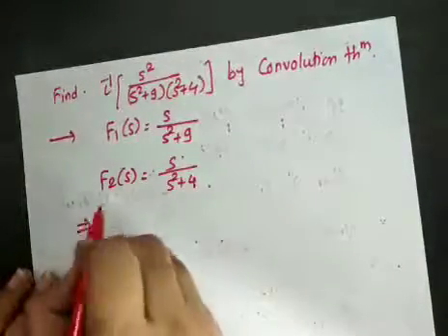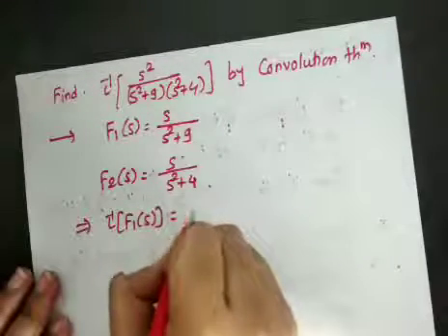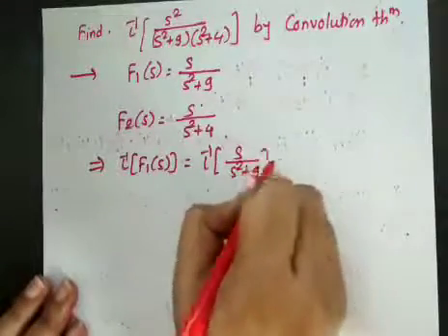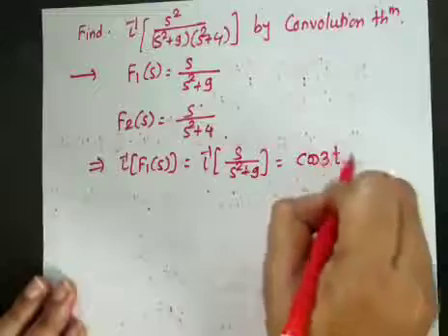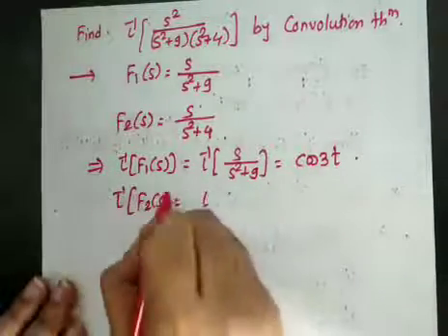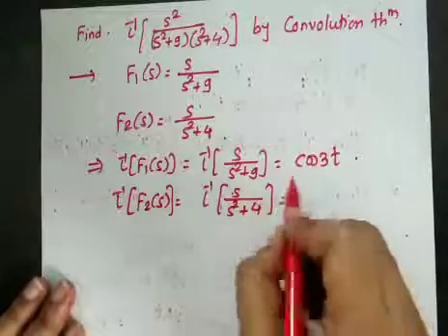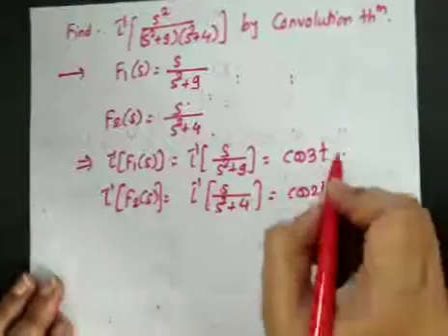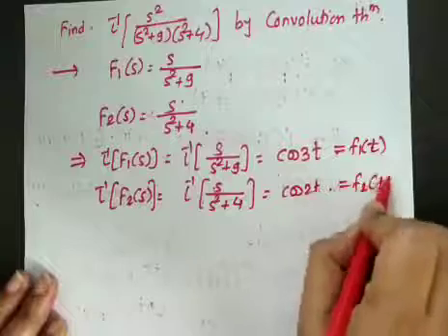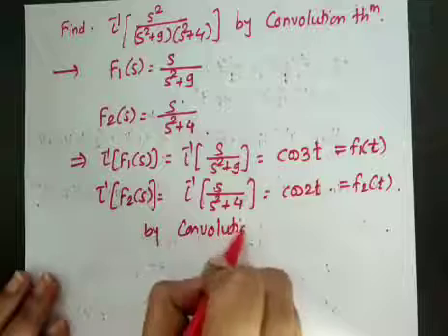So we'll first write Laplace inverse of f1(s), that is equal to Laplace inverse of s upon s square plus 9, that is cos 3t, and Laplace inverse of f2(s), that is Laplace inverse of s upon s square plus 4, that is cos 2t. We'll call the first function f1(t) and the second function f2(t). Therefore, by convolution theorem,